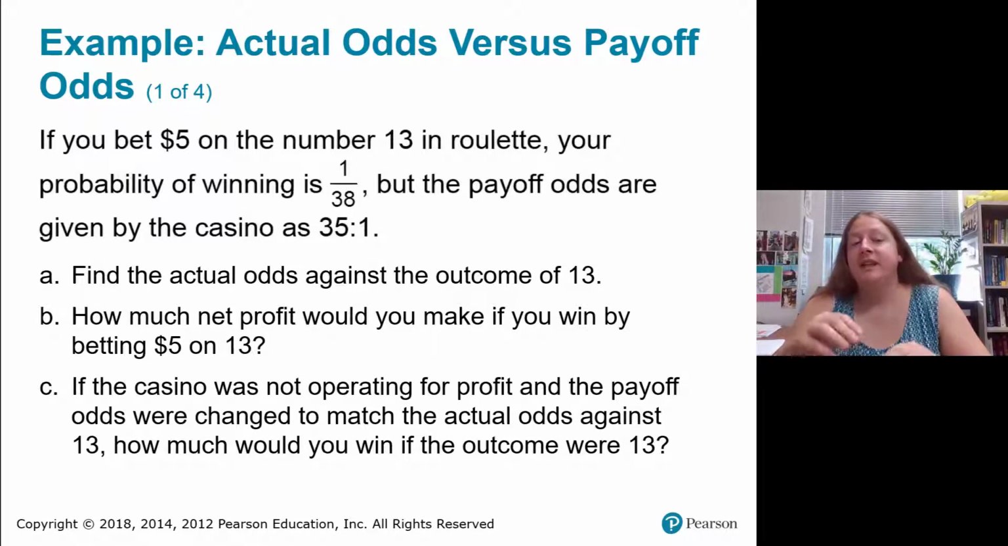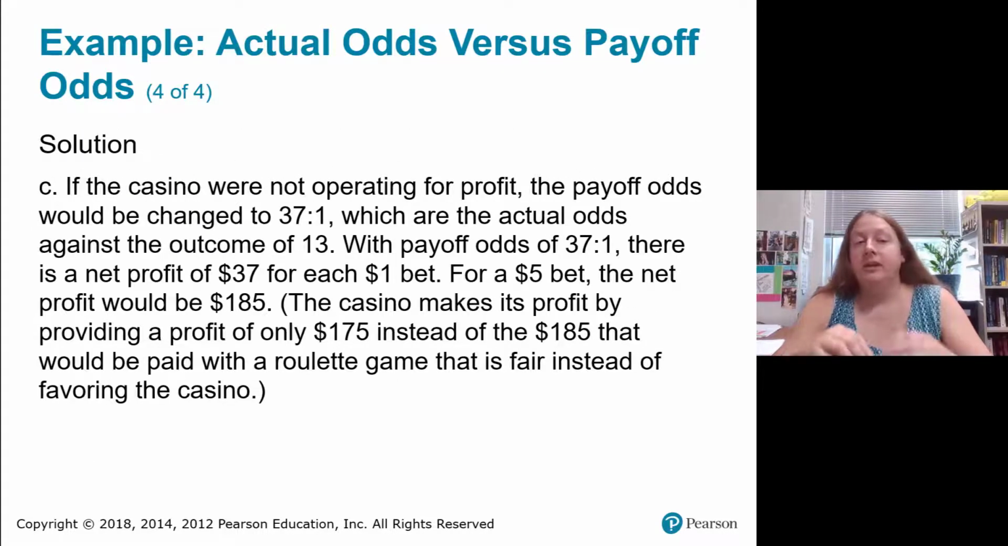Finally, if the casino was not operating for profit and the payoff odds were changed to match the actual odds against, how much would you win if the outcome were 13? Instead of 35 to 1, the payoff odds would be 37 to 1, the actual odds against. Then we would get $37 for every $1 we bet, or 37 times $5 for the $5 that we bet,